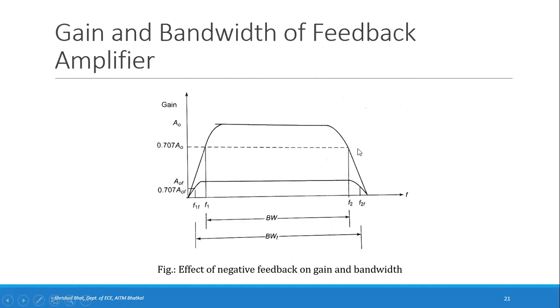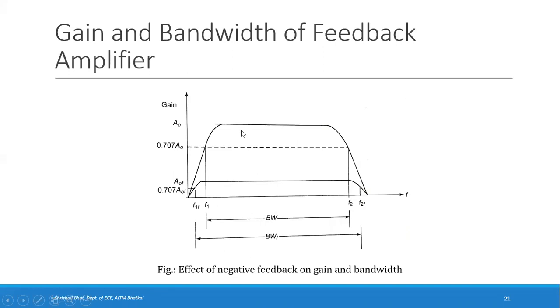It will be coming here. So this is considered as the bandwidth of the signal. Bandwidth means the range of frequencies. Wherever this particular line meets the frequency response of the gain, you drop a perpendicular from there. At this end, whatever you get, you take it as the lower frequency or F1. Here you take it as the upper frequency or F2. The difference between upper and lower frequency, that is F2 minus F1, will give you the bandwidth.